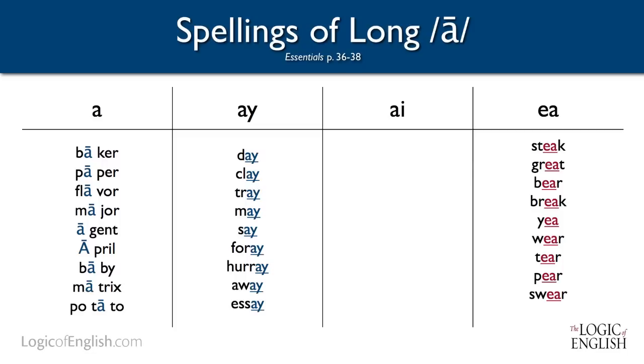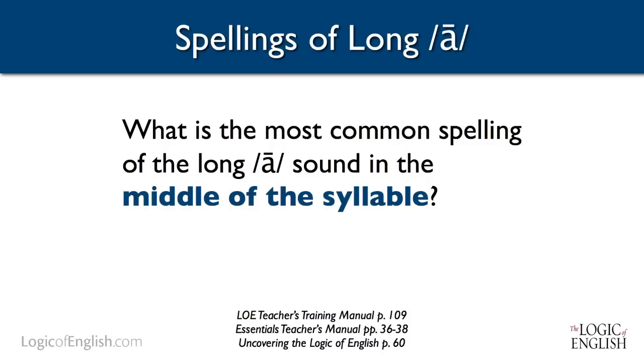And they give us some really big clues as to how sounds, especially vowels, are going to be spelled. So that leaves, what is the most common spelling of the long A sound in the middle of the syllable? Now you'll notice I said the most common spelling because E-A often spells A in the middle of the syllable. Well, I shouldn't say often. It only spells A in nine words, so it's a very uncommon spelling. But the most common spelling of the long A sound in the middle of the syllable is 2-letter A